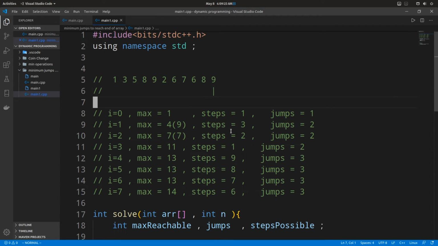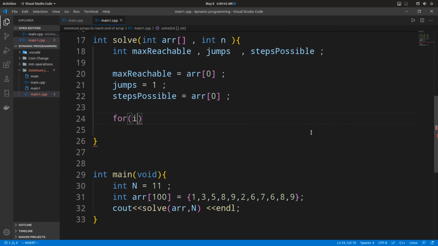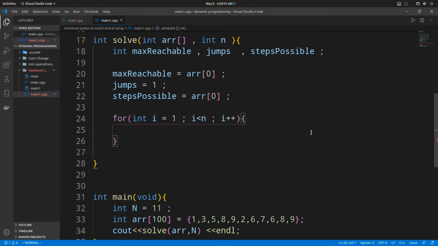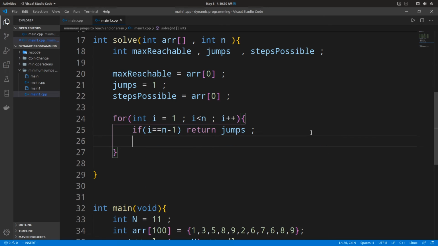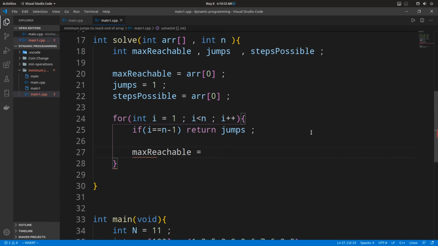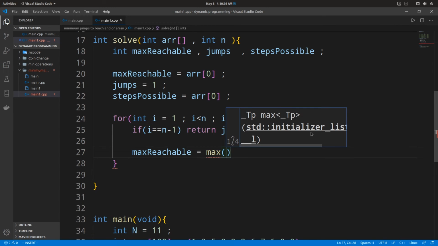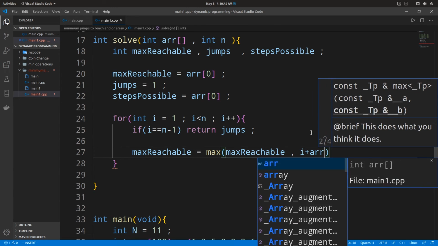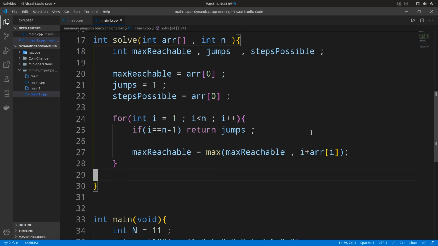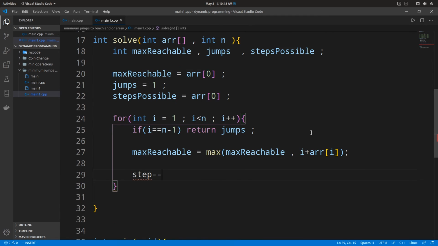Okay, so let's code this solution. We start our iteration from the second element till the last element. If we are looking at the last element in the array, that means we have found our solution. We have reached the last element, and we just return the number of jumps. Otherwise, we continue with our iteration. We reinitialize max reach to be equal to the maximum of the current max reachable and the current index plus the array element value. Once we update maximum reachable, we decrement the number of steps